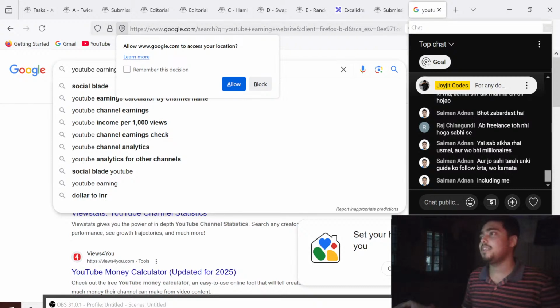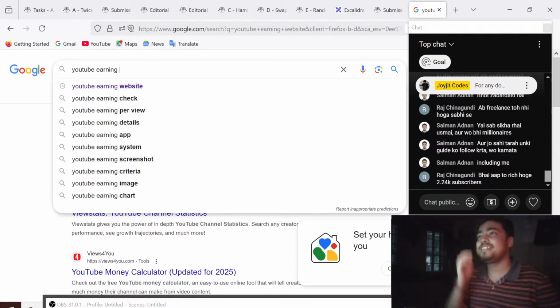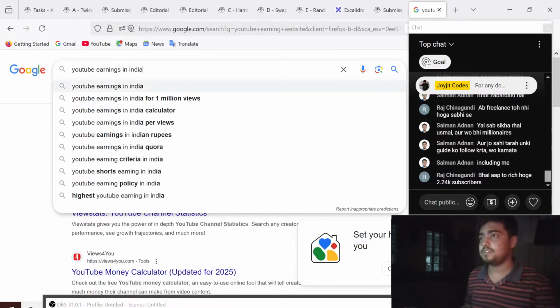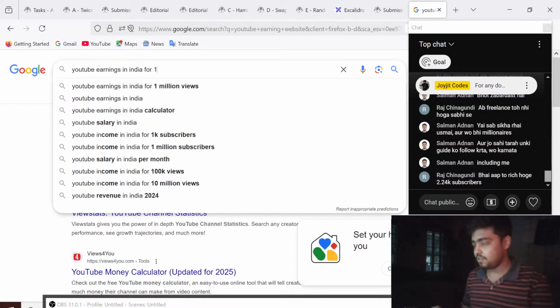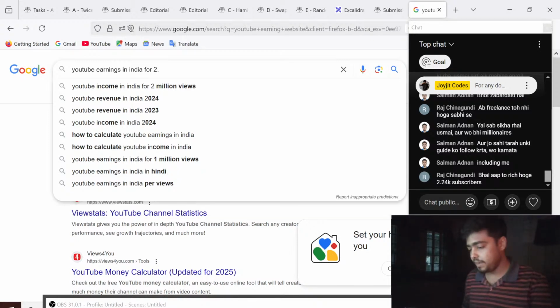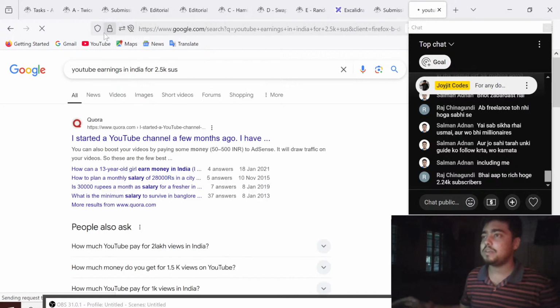अरे यार क्या कर दिया मैंने, ये नहीं करना था। ब्लॉक ब्लॉक ब्लॉक। आप तो रिच हो गए 2.2। कौन बोल रहा है भाई रिच? यूट्यूब अर्निंग इन इंडिया दिखाता हूँ मैं, ठीक है। और 2.2 के ना, चलो 2.5 के सब्स, ठीक है। अब एहसास हो गया।